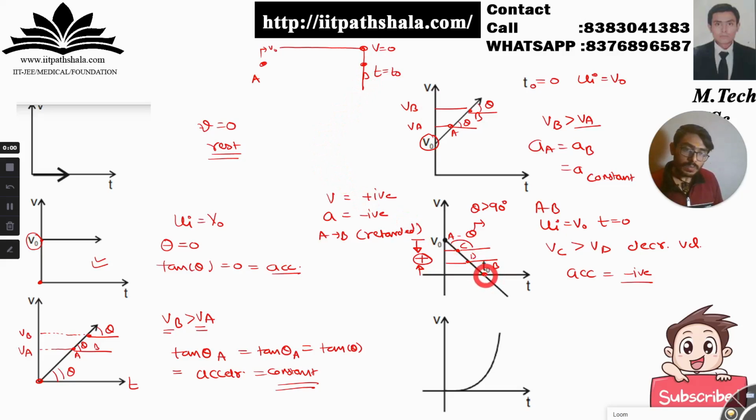Then after reaching this point B, if you move forward in time by just delta t, you will see that at this particular point, let us name it E, you have a negative velocity, a negative intercept of velocity. So here we can say that we have reversed the direction. Our particle has reversed the direction at the point B. So the particle is now moving as follows. It has reversed the direction, because from the positive realm of velocity it has moved to the negative realm of velocity itself.